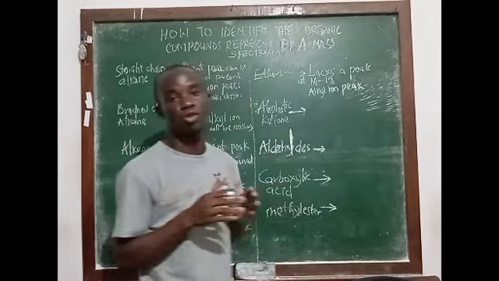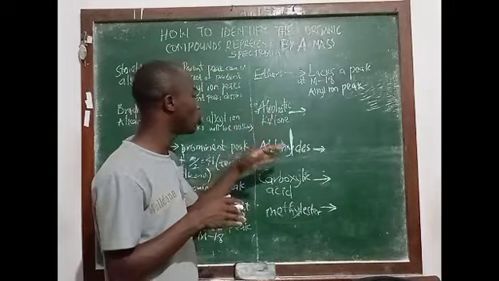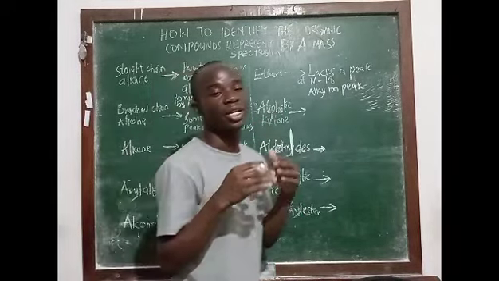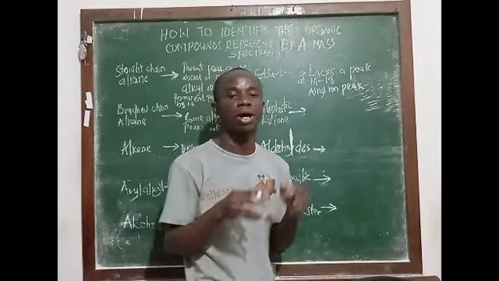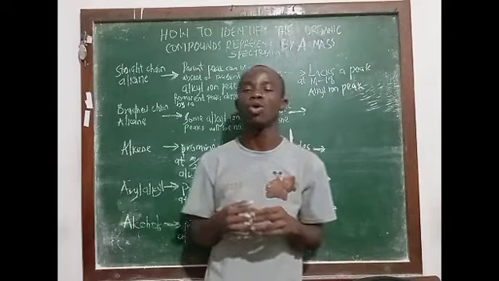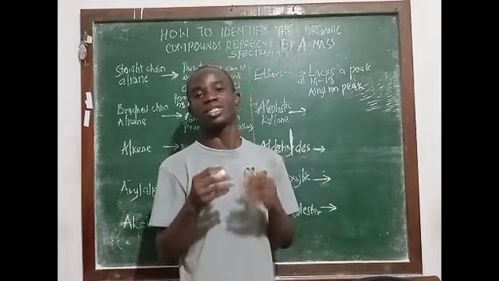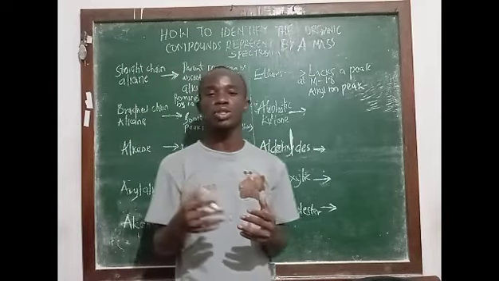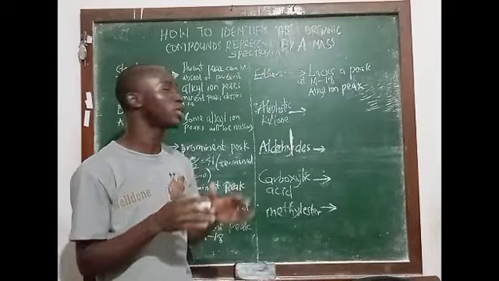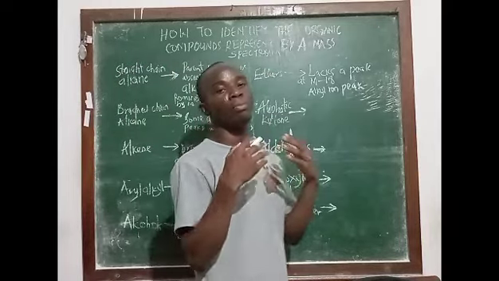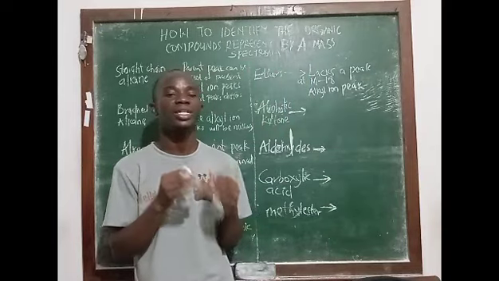For this remaining class of compounds, which are carbonyl compounds, we talk about ketone, aldehyde, carboxylic acid, and ester. All of these are carbonyl compounds. Generally, all carbonyl compounds can undergo what we call McLafferty rearrangement. Probably in a subsequent video, I will try to explain what that implies. But just know that carbonyl compounds can undergo McLafferty rearrangement, and this property of carbonyl compounds